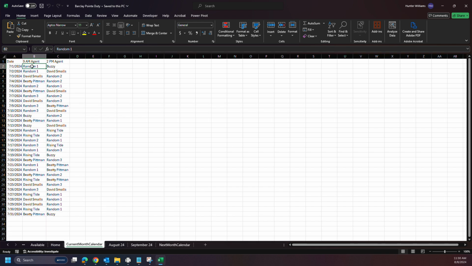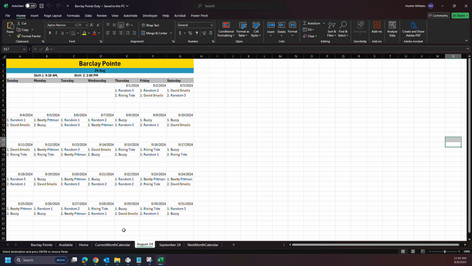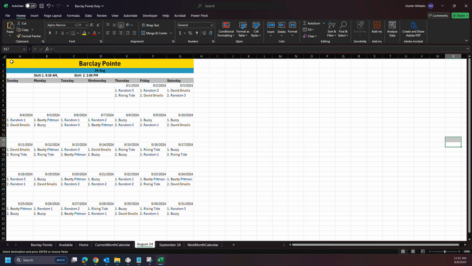These names you can update by just grabbing the name and putting it into a little spot. It'll email that person the day of and the day before that they have duty sheet. You can also make these easy to print out